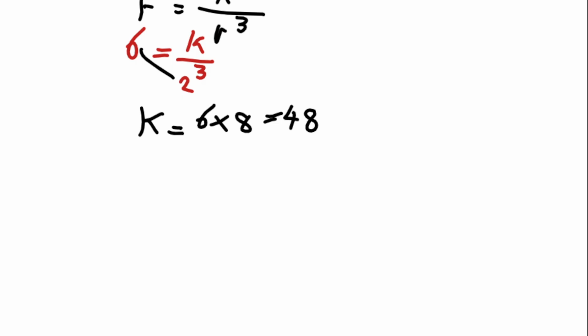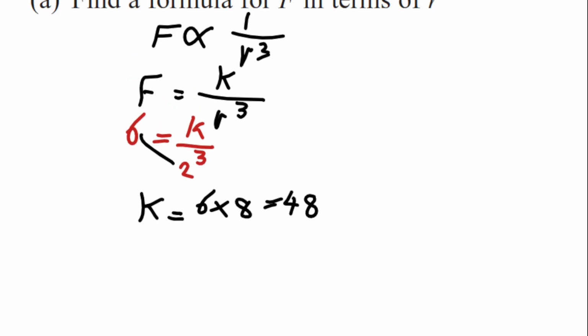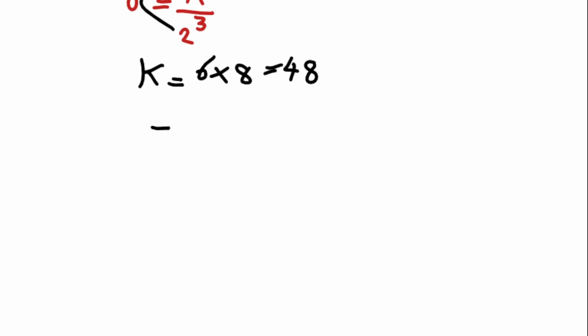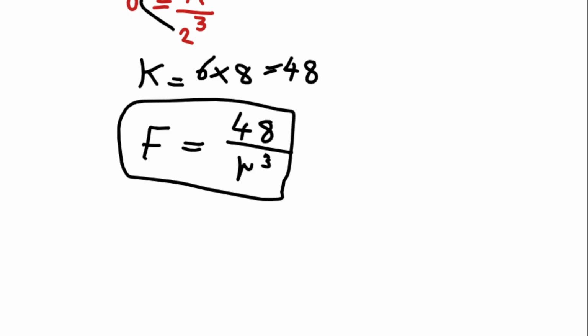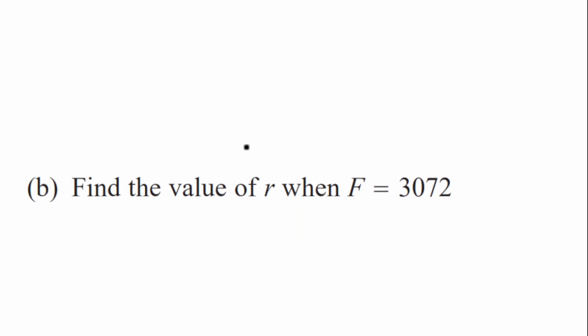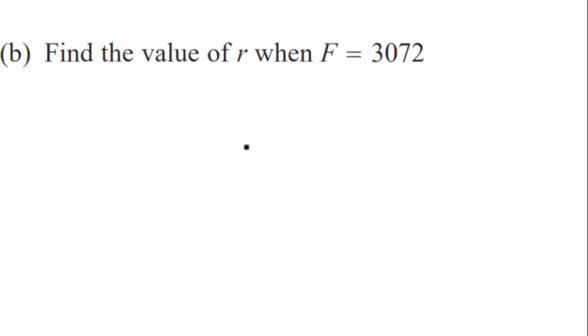Once you get k, just plug it back in this formula. So f equals k, which is 48, divided by r cube. And that's your answer for this part. They ask you to find the formula for f in terms of r. We got it. Then find the value of r when f equals